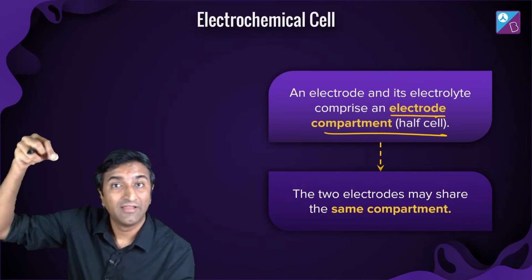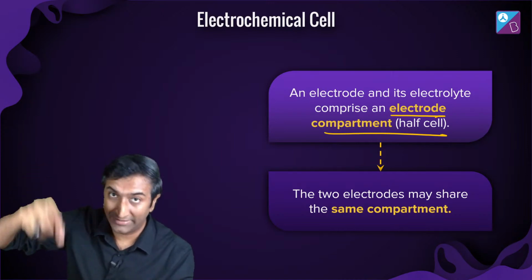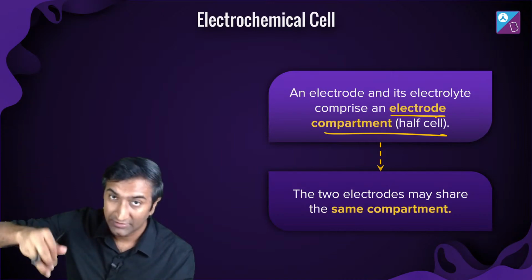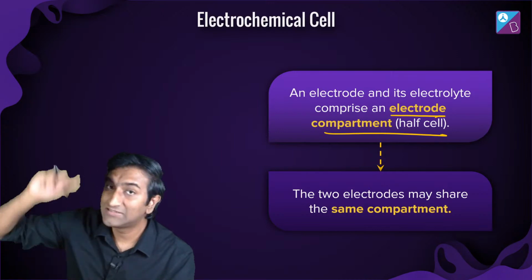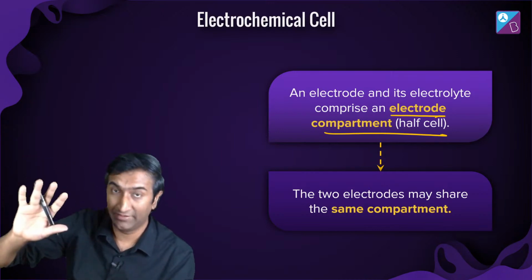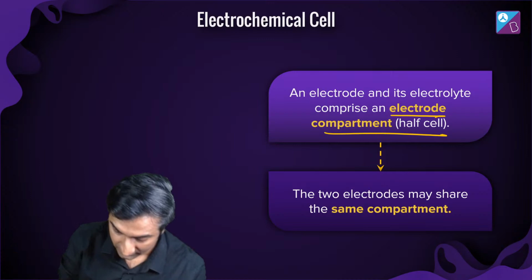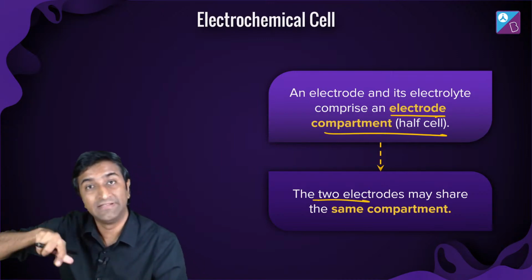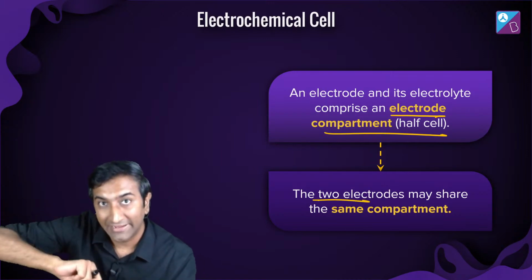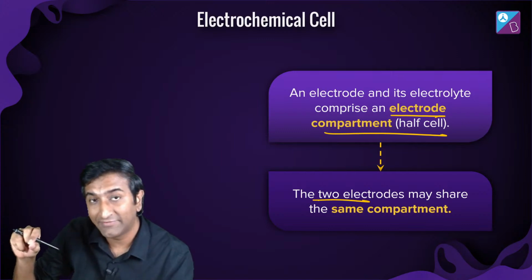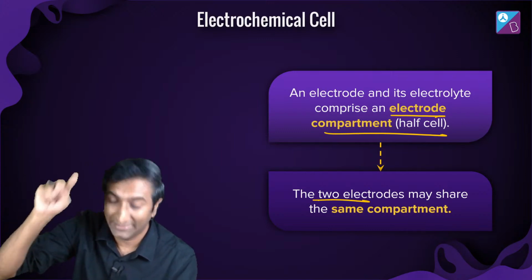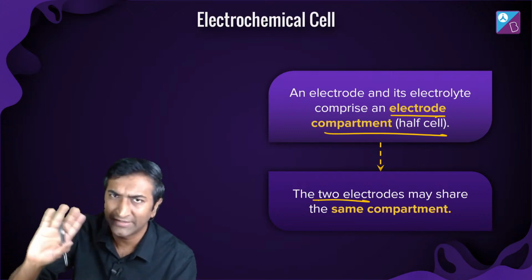मैंने लिया एक कंडक्टर, उसको डाला पानी में, पानी के अंदर है कुछ सॉल्ट्स which are electrolytes, and that setup is what I'm calling a half cell. Okay, as simple as that. And both of those half cells are now connected by a wire in the case of a galvanic cell, connected to a battery in case of an electrolytic cell. बस मेरी बात सुनो, कुछ लिखने की जरूरत नहीं है.